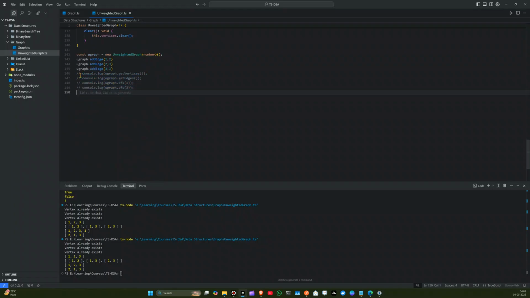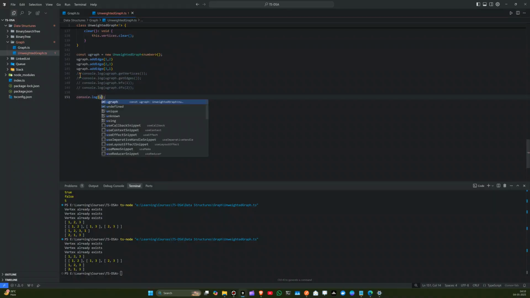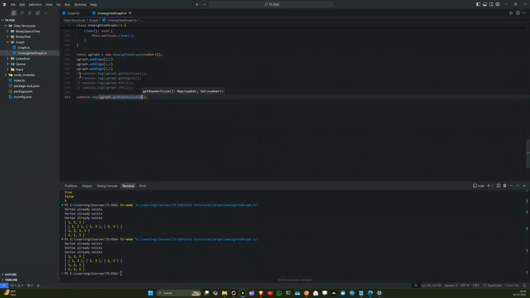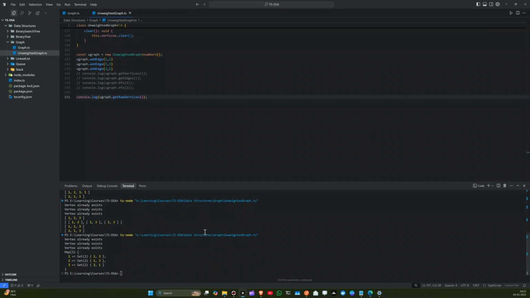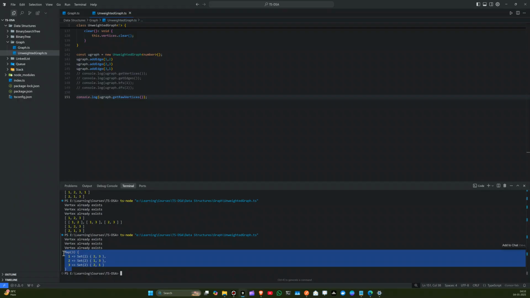I comment that, u graph dot get raw vertices. If I run that, see, this is the visualization of the graph, the unweighted graph. This 1 in this set, 2 and 3, 1 and 3, and 2 and 1. Alright, now